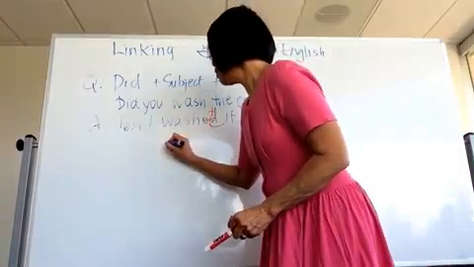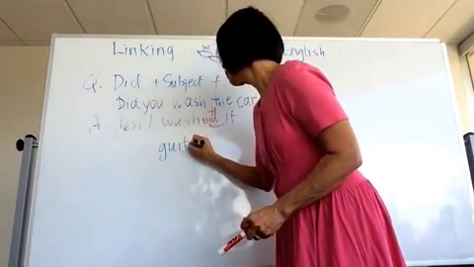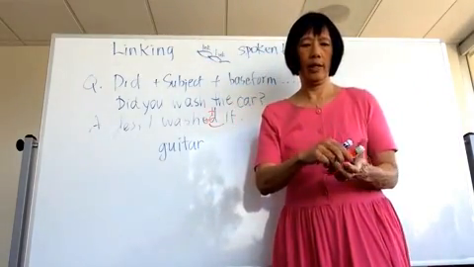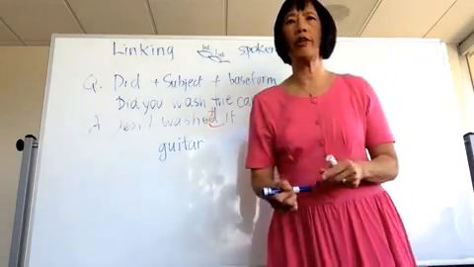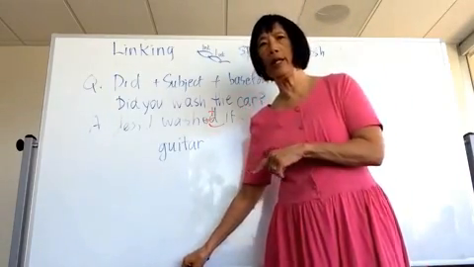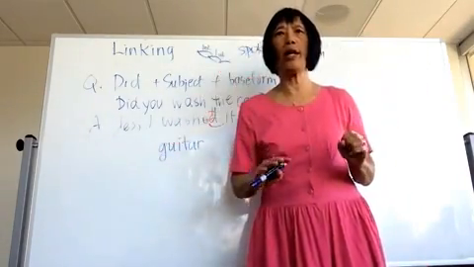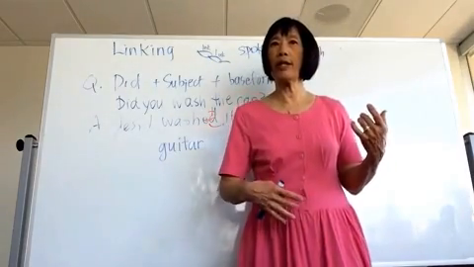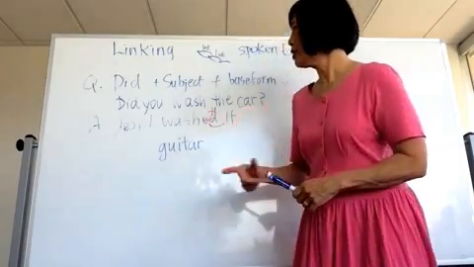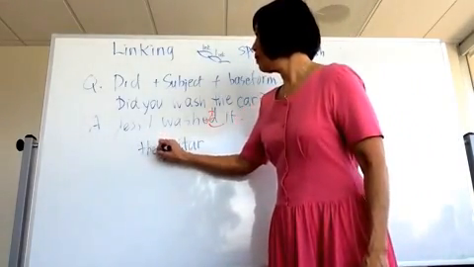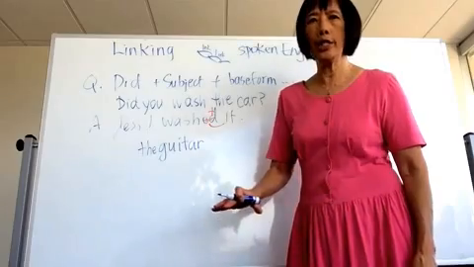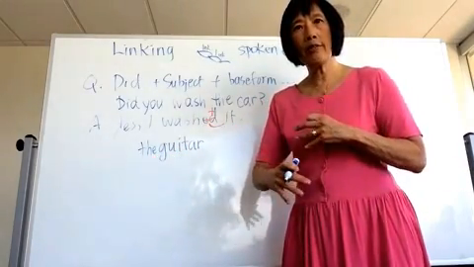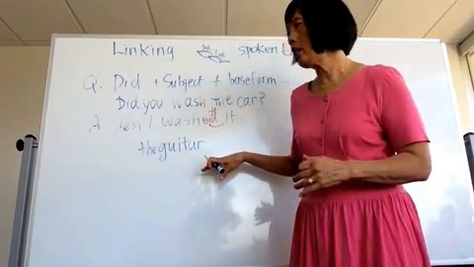Let's see. Do you know this instrument? Guitar. Okay, I will pronounce the name for you because the way it is spelled might not make you say it correctly. The word is guitar. So when we talk about musical instruments, we use the word the. So we say the piano, the saxophone, the flute, the guitar.